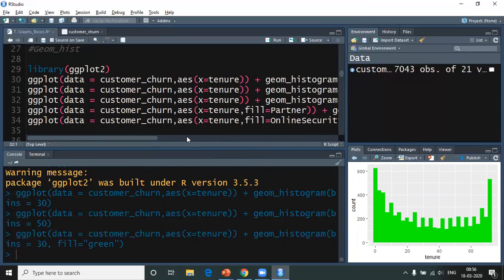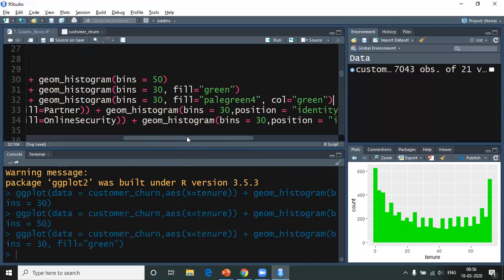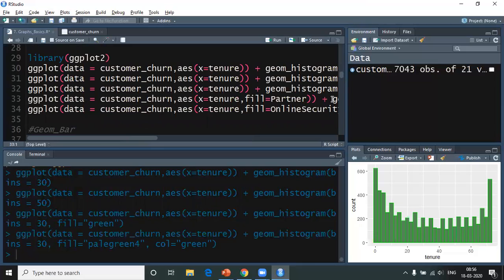Now, in the next set of code, I would be using another color, and fill is something that we've used. Because here I'm not able to understand the distribution of those which are below, because they're all mixed, as it's all whole green. I would now change the border to green, and I would fill it with pale green just to see the difference. And here it goes. Okay, so now my border has changed to green, while the inner color is filled with pale green 4.